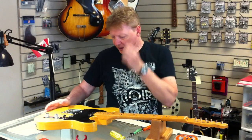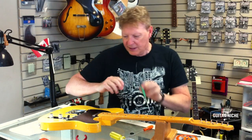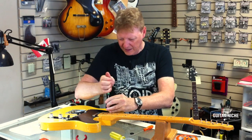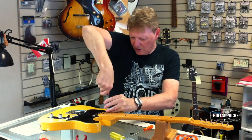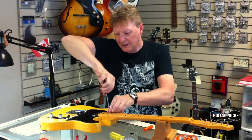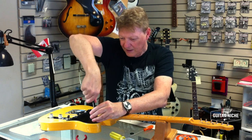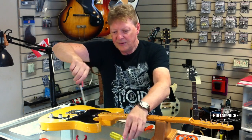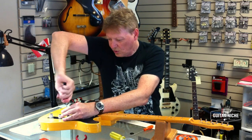So we've got the neck back on. We're going to take off the pick guard as well, because I want to get that off to be able to adjust the neck pickup. Okay, because it does need a little bit of adjustment. Okay, I'm using my little finger here to keep control on the